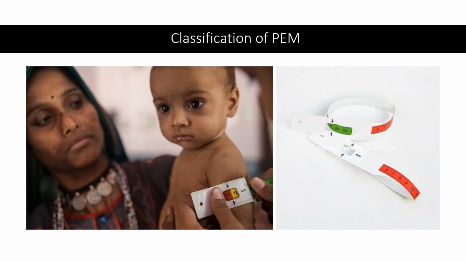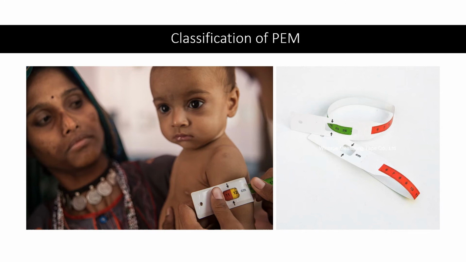Now the picture on the right hand side shows the tape which is used. This is a tape which is used to monitor the nutrition levels in children between the age group of 1 to 5 years. Here you can see there are different colors being used. The one is the red color. Red indicates that when it is less than 12.5, it is severe malnutrition. Then there is green. Green indicates it is normal level, that is above 13.5. And there is also a yellow color in between, which comes between the red and the green,